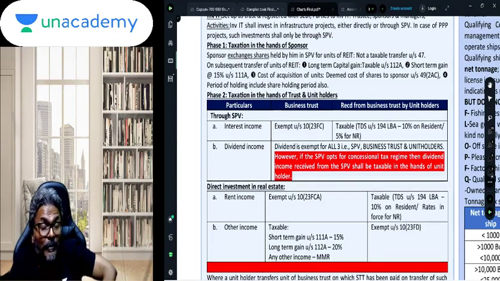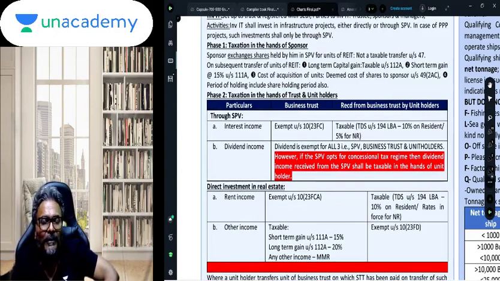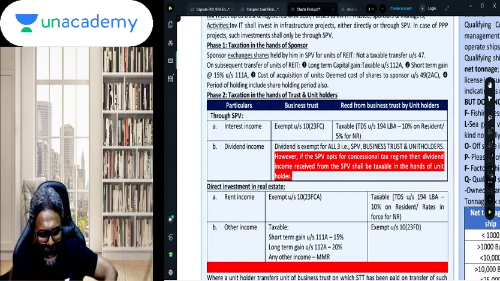Many students are saying, sir, what about the rate of tax in the hands of the unit holder who is a resident? So, see, students, for the resident, as you all are aware, in the dividend taxation also we have discussed this particular point. There is no special rate of tax at all for dividend taxation in the hands of the shareholder, unless it is a dividend of 115BBD, which is in respect of the foreign company from which the domestic company receives